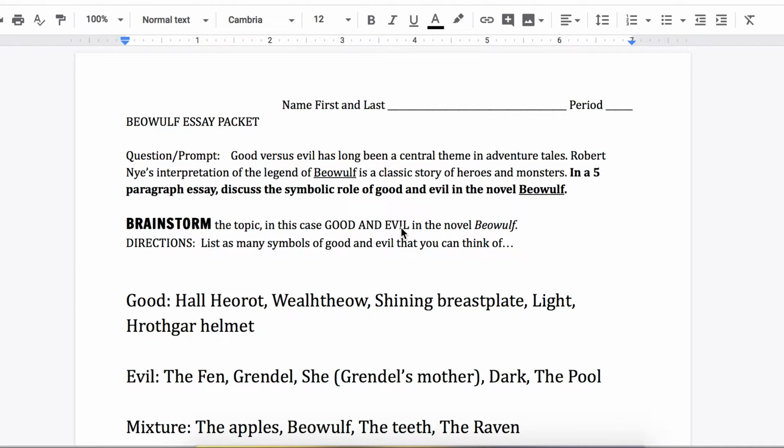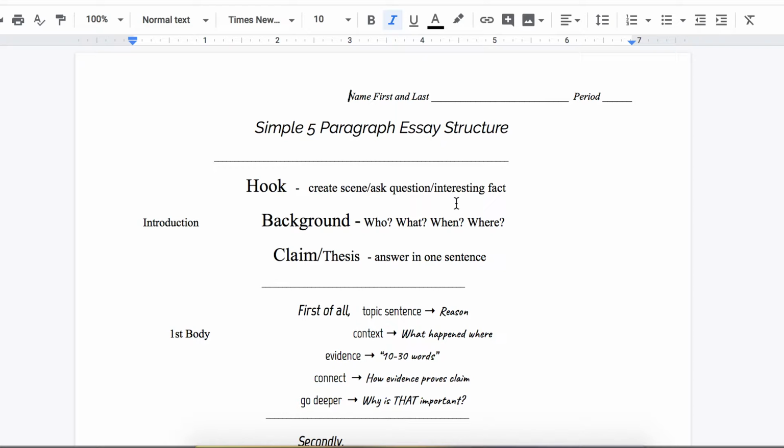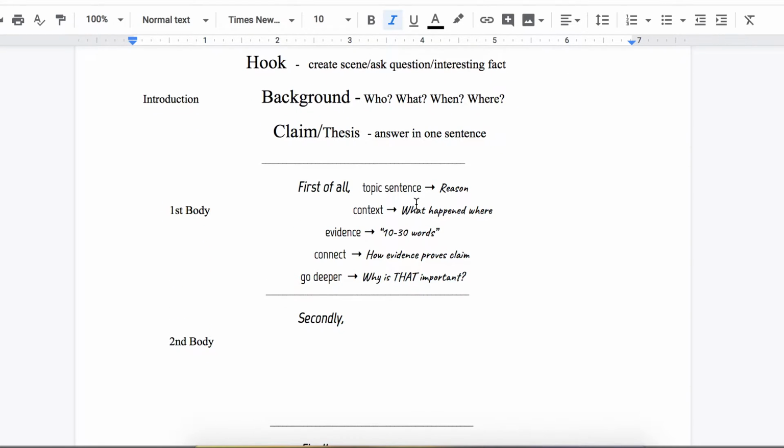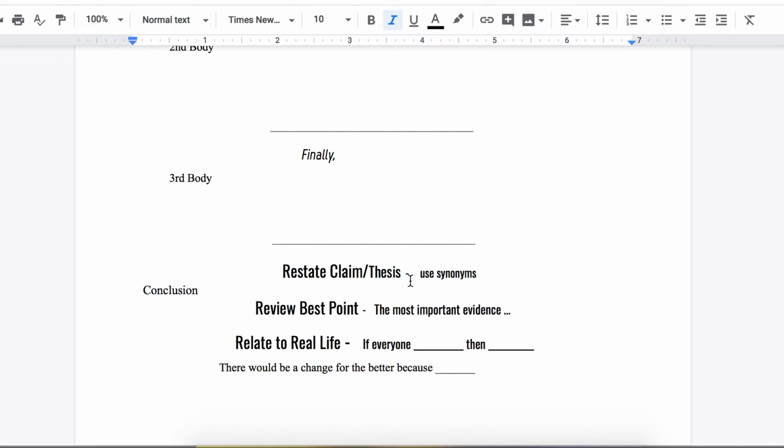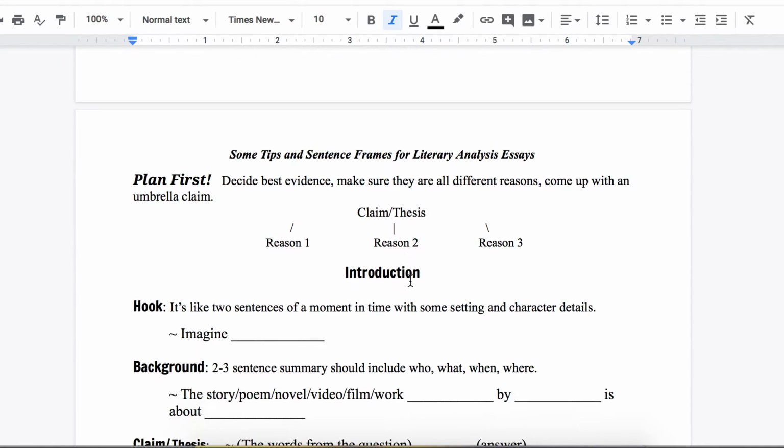We're going to go back to the first body paragraph. So we've got our Beowulf essay packet in front of us, and our blue essay structure sheet. Basically where we are is we did our topic sentence, our context, evidence, connect, and go deeper for our first piece of evidence. This is our first quote. Now we're ready to go on to our second quote